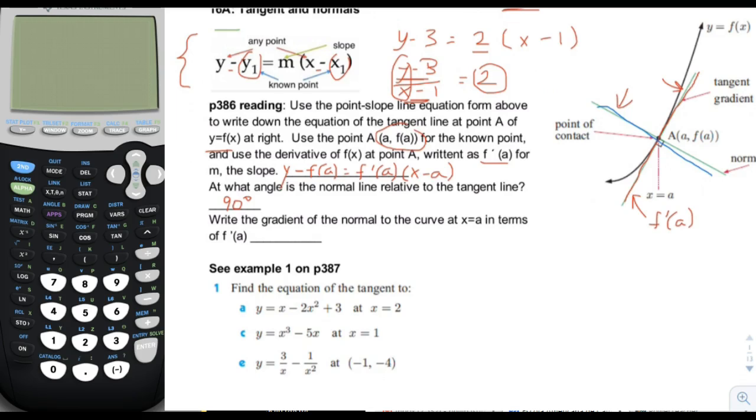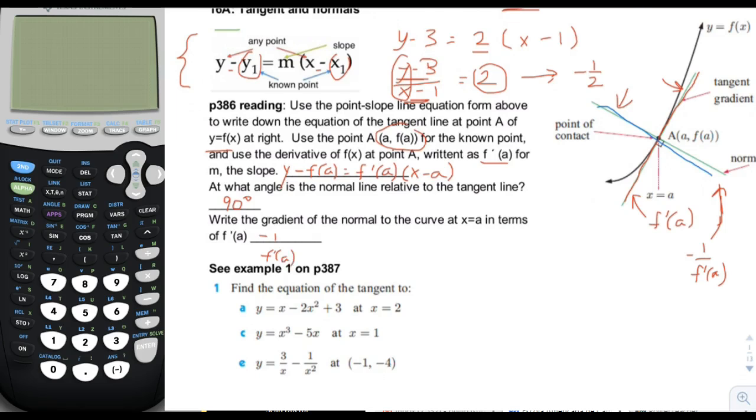at point A. Now remember that, or maybe you don't remember, but let me tell you again, the perpendicular to a slope of, let's say, 2 would be the negative inverse. So like the perpendicular of that slope, or the gradient, would be negative 1 over 2. So the perpendicular, or the normal, of f dashed of a would be negative 1 over f dashed of a. Okay, so that's what we're going to put here. We're going to put negative 1 over f